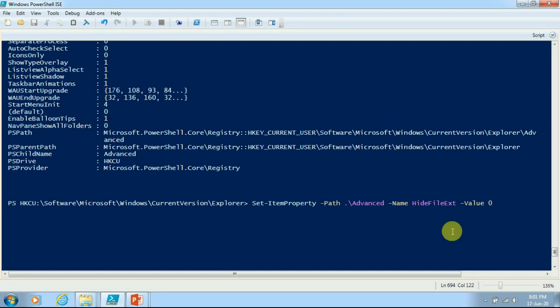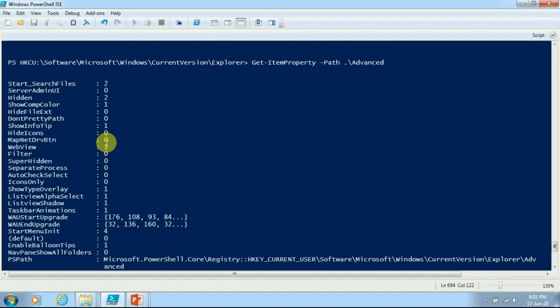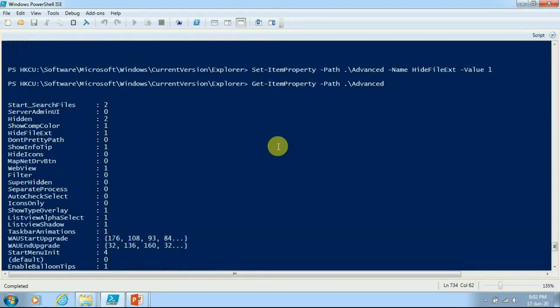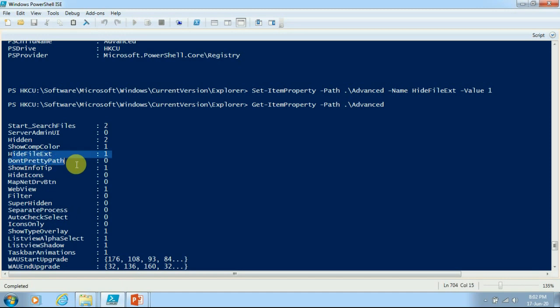Currently, if you verify, HideFileExt is 0, and we will try to change it from 0 to 1 here. So let's execute and see once again. You will see that HideFileExt has become 1.